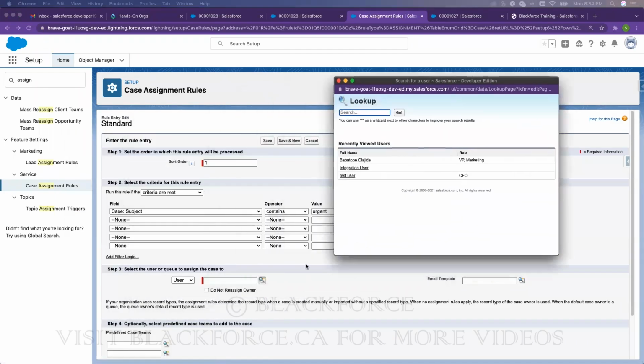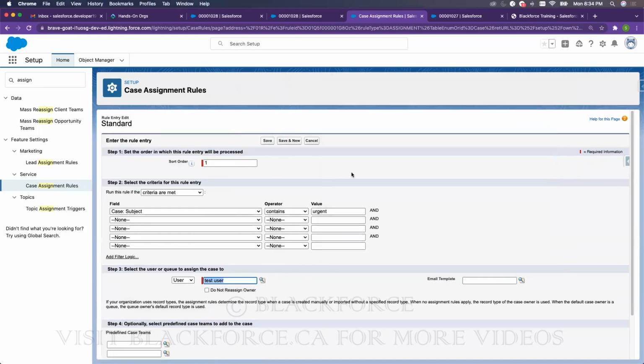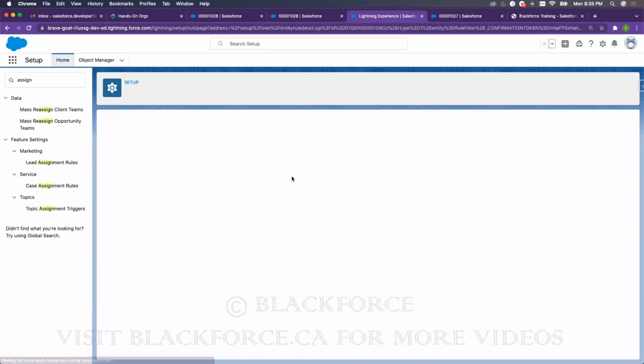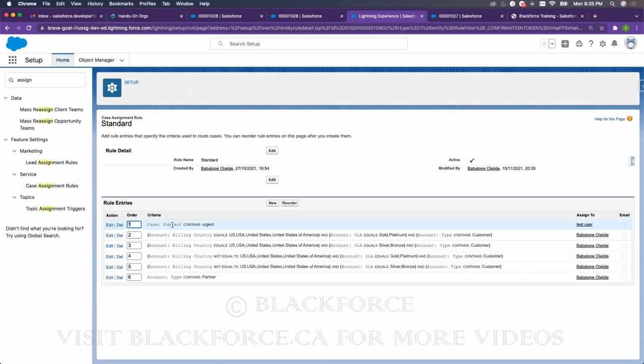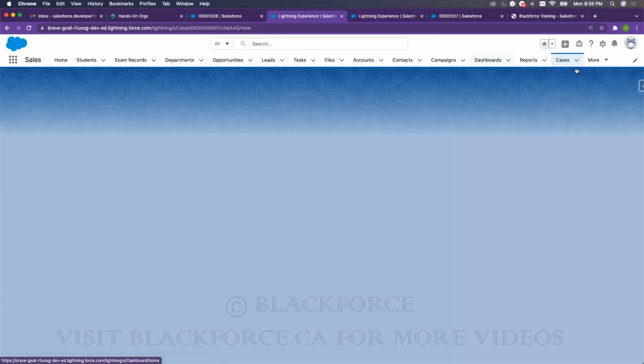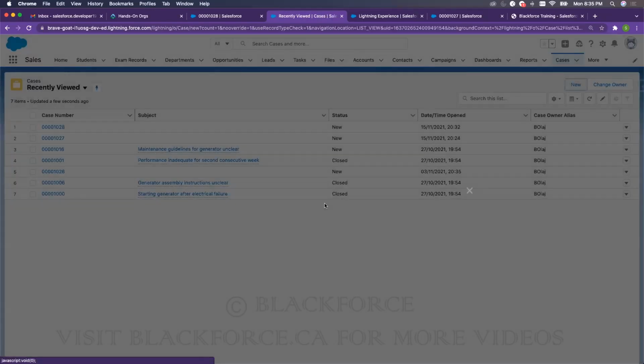So when I click on this search, this pop-up appears, then I can select a user in the system, okay? And once I select the user in the system, I save. So anytime we create a case that has a subject that contains urgent, it's going to be assigned to the test user. We can test this by refreshing, and we go to cases, we go to new,